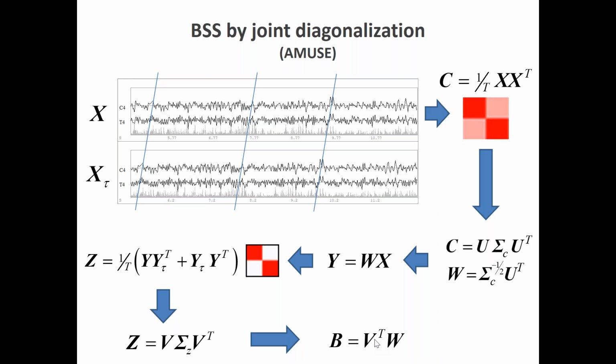Okay, so blind source separation is done by those steps. So now you know what it is. You know what the covariance matrix is, you know the eigenvalue eigenvector decomposition. You know that this W matrix is the whitening matrix, which is given by the eigenvalue eigenvector decomposition. You just apply this matrix to the data, then you shift the data and you compute a covariance matrix also. Then you need the second eigenvalue eigenvector decomposition to obtain this matrix V, and then you got your final results.